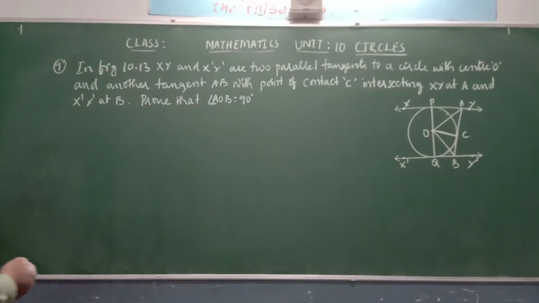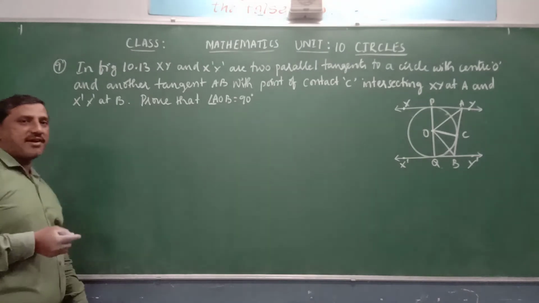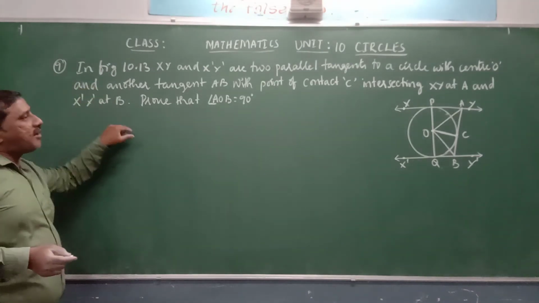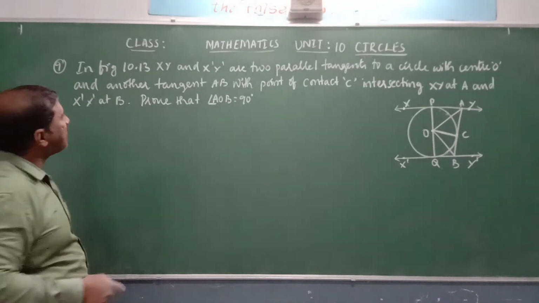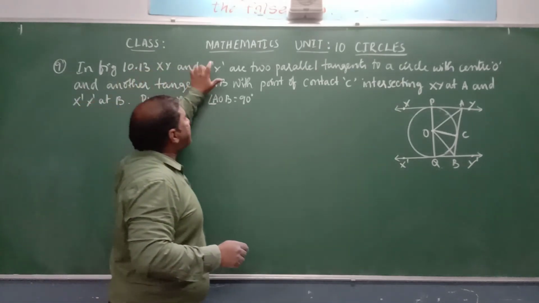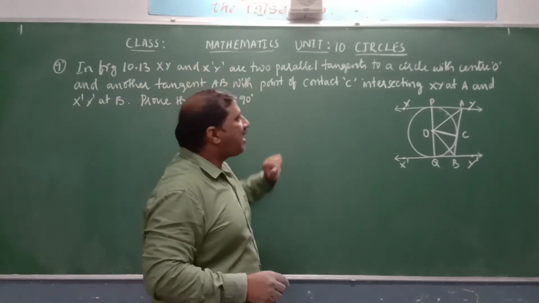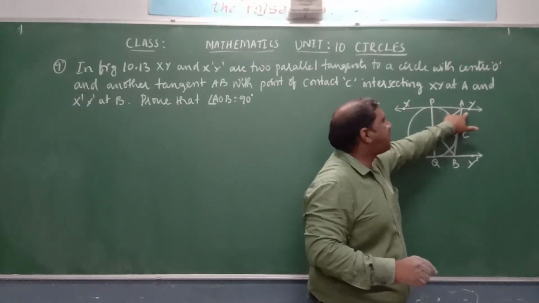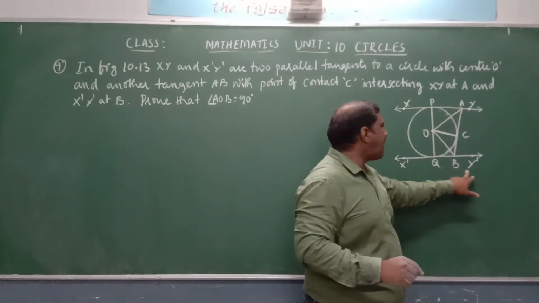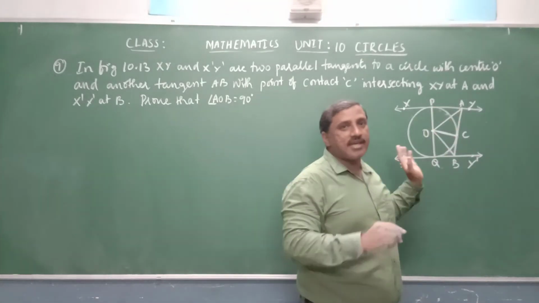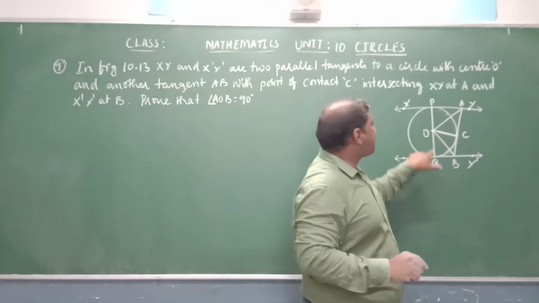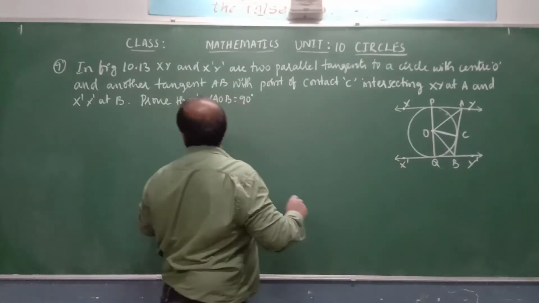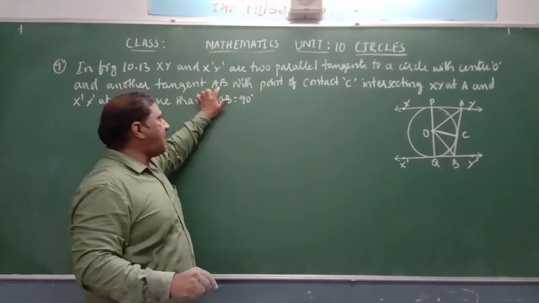Now, we will discuss the 9th question from the same exercise 10.2. In figure 10.13, which is the given figure, XY and X dash Y dash are 2 parallel tangents to a circle with center O. XY is a tangent. X dash Y dash are both 2 tangents that are parallel to each other to a circle with center O. And another tangent AB